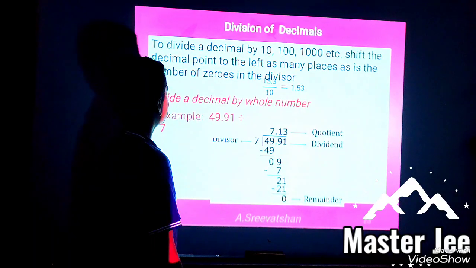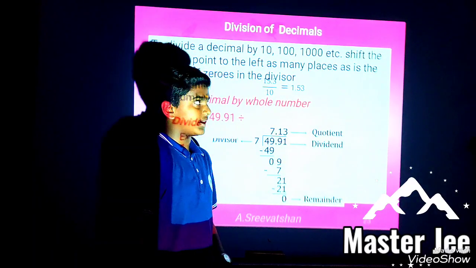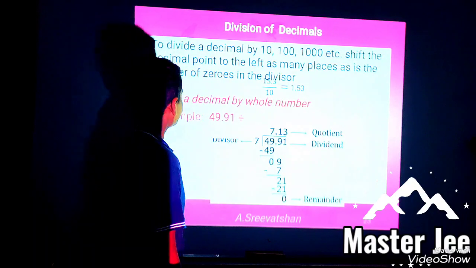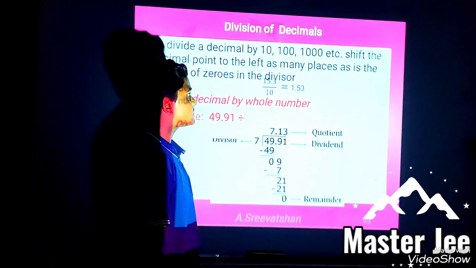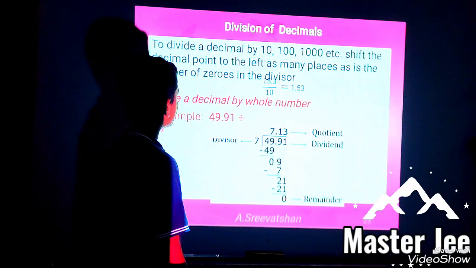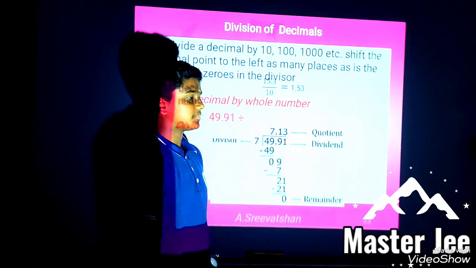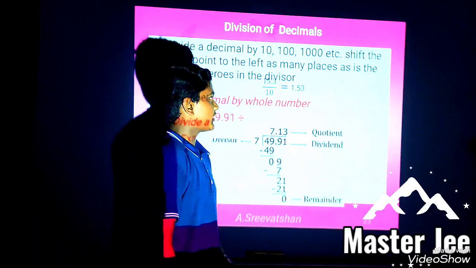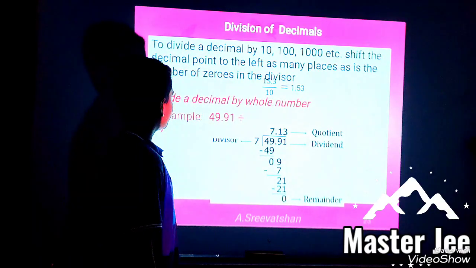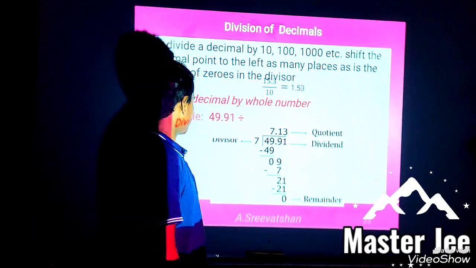Division of decimals. To divide a decimal by 10, 100, 1000, etc., shift the decimal point to the left as many places as is the number of zeros in the divisor. Example, 15.3 divided by 10 is equal to 1.53. Divide a decimal by a whole number. Example,